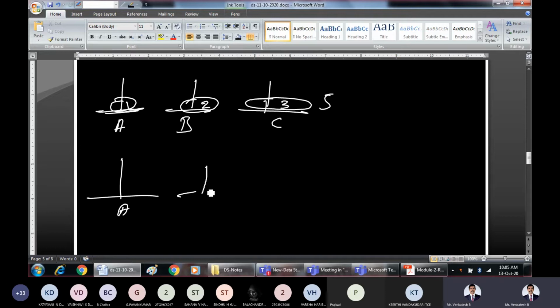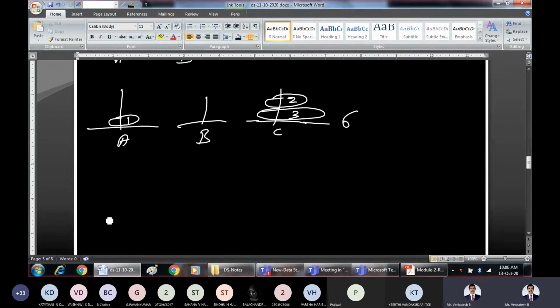So poles A, B, and C. What must be the scenario? It is in a fixed position now. Don't change it, because 3 is already in its final position. We should not change that. Next, what should I do? Any possible answers? The 2 should be taken and moved on top of C. That means take the disk from peg B and move it to C. So I have moved 2 here. How many moves are over? 6 moves.